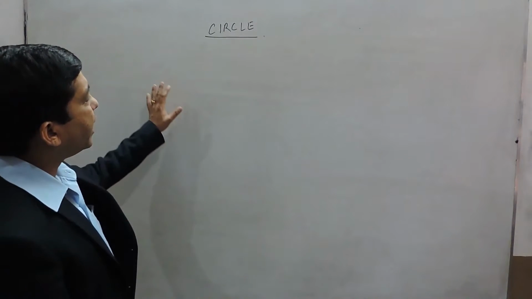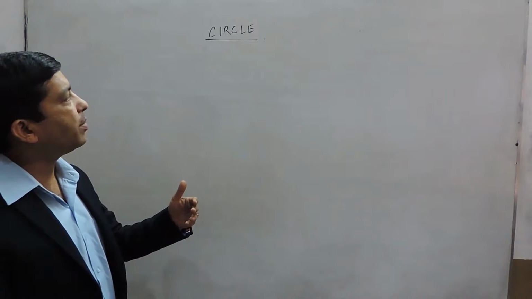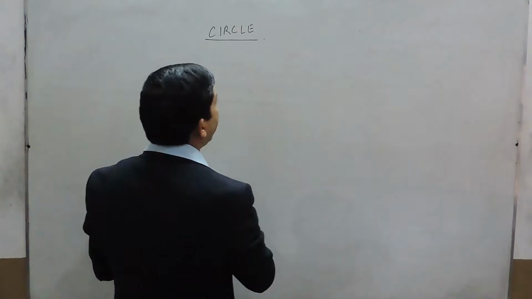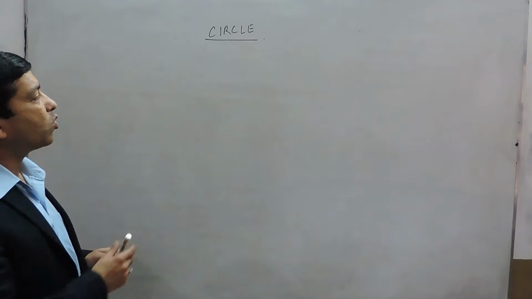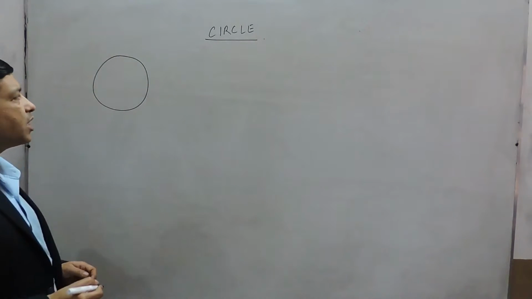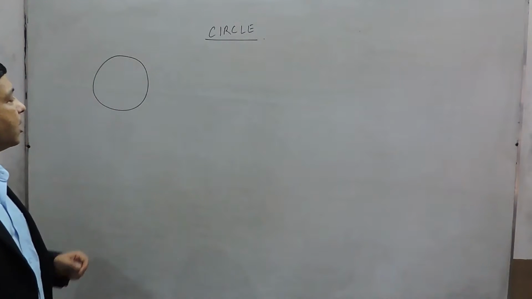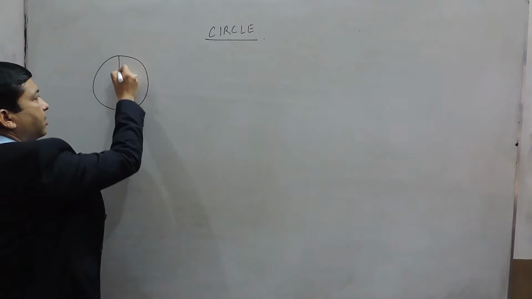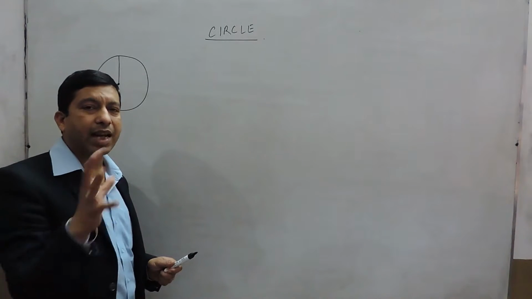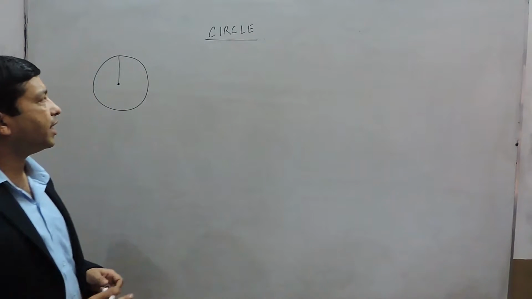Hello everyone. As we already discussed, any three-sided closed figure is a triangle, then four-sided will be a quadrilateral, then comes polygon, and the last figure, which has an infinite number of sides, is known as a circle. First of all, we have to understand the difference between a circle and a sphere. A circle is a two-dimensional body which has various terms associated with it, while a sphere is a three-dimensional body, like a football or the shape of the earth, which is spherical in nature.